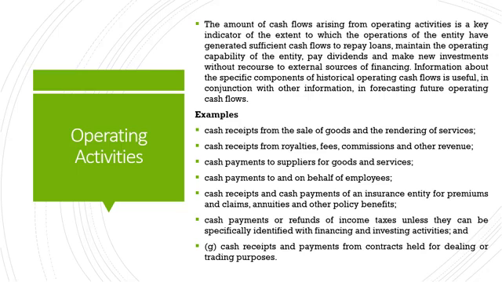When we are presenting the operating activities section, we are focusing on the cash inflow and outflow which is coming from our operating activities. Examples of this will be cash receipts from sales of goods and rendering of services, from royalties, fees, commissions, and other revenue, cash payments to suppliers for goods and services, payments to and on behalf of employees, cash receipts and cash payments of an insurance entity for premiums and claims, annuities and other policies,